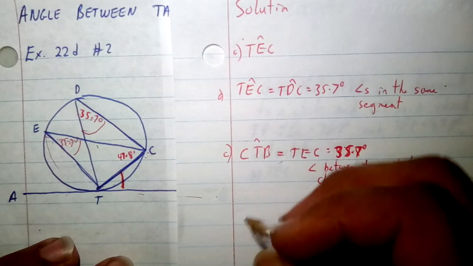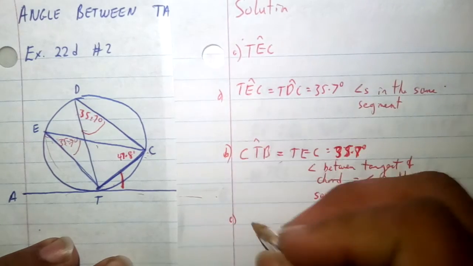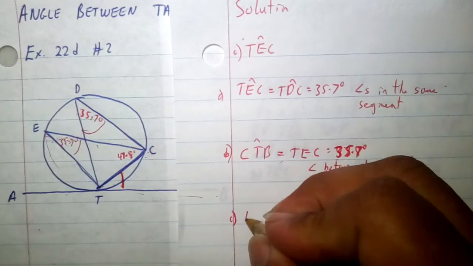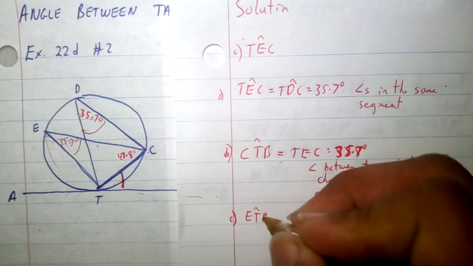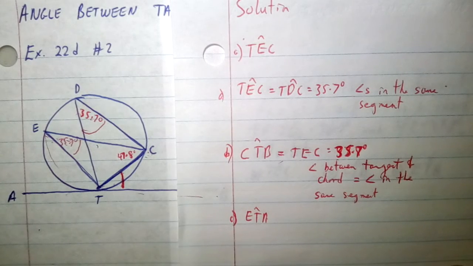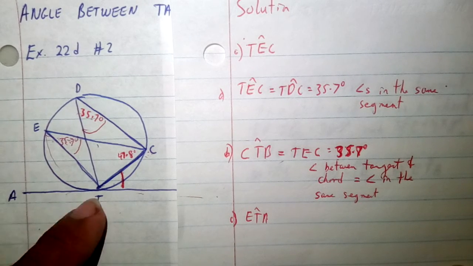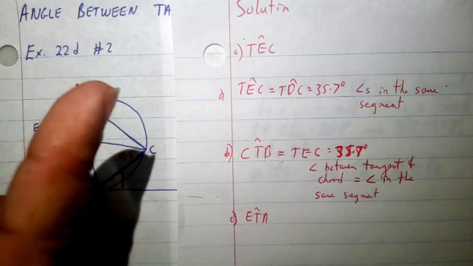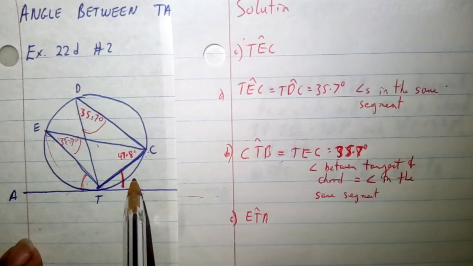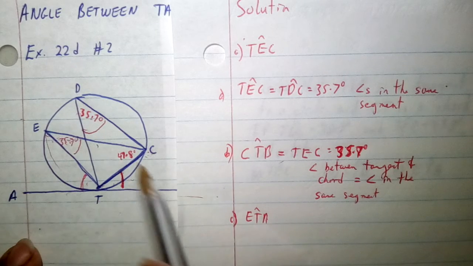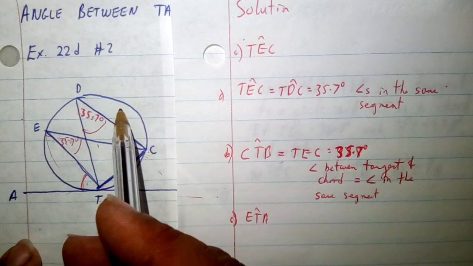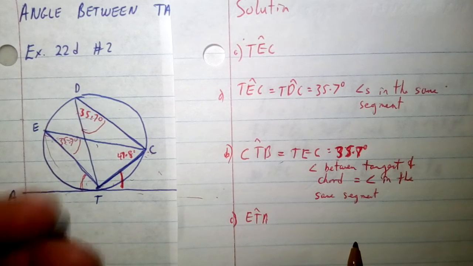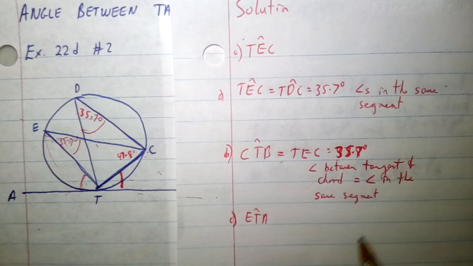Now for C, sorry, this was B. For C now, we are looking for ETA. ETA. Alright. Now ETA, it is now going from this position on the left hand side towards the right hand side. Here we were working with the left hand side towards right. Now we're going from right to left. The concept is the same. The only thing is that you're taking it from a different position, the numbers. Okay, so you have